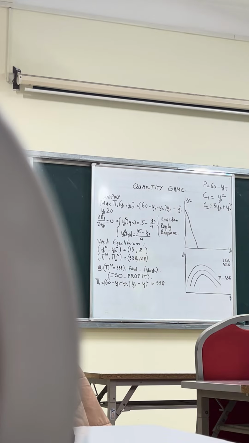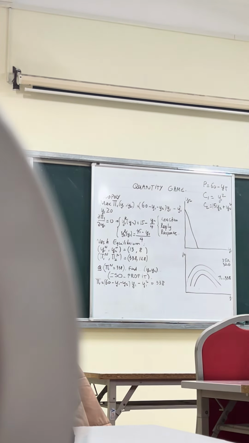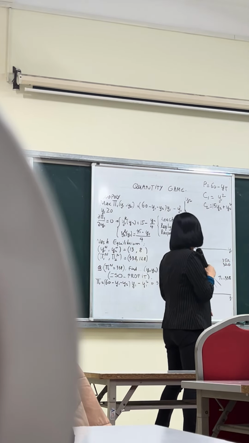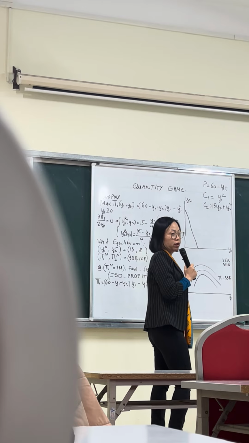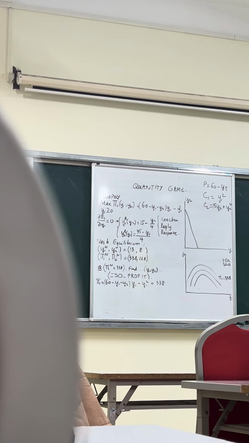Okay. One answer from my friend. Let's see other friends. Okay. You? When the profit is up, it means the output of the other firm is lower. Okay, so it's the lower curve. Your name? Sure. John says lower curve. The reason is profit is higher, y2 is lower. Right. You?